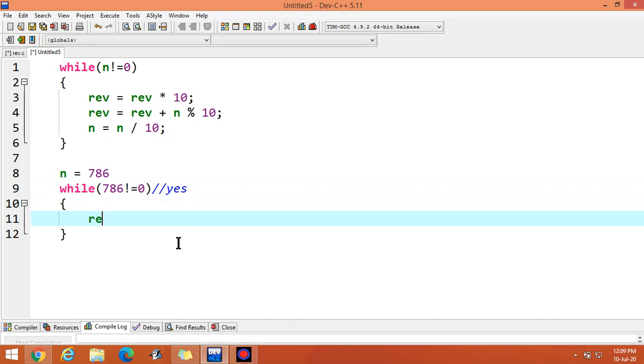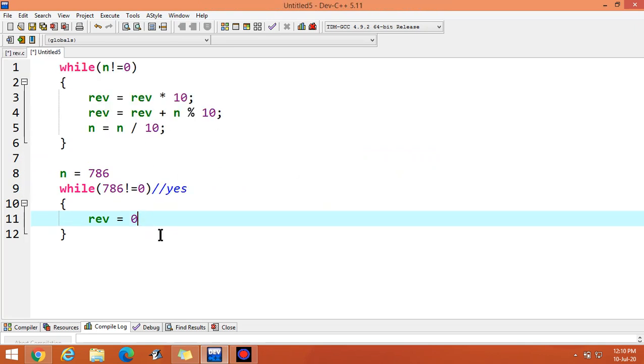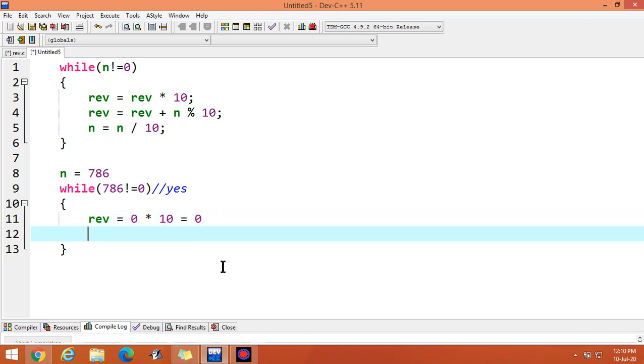First step, the value of reverse is 0, because I already declared this value as 0. It means reverse is equal to 0 multiply 10, so the answer is 0.